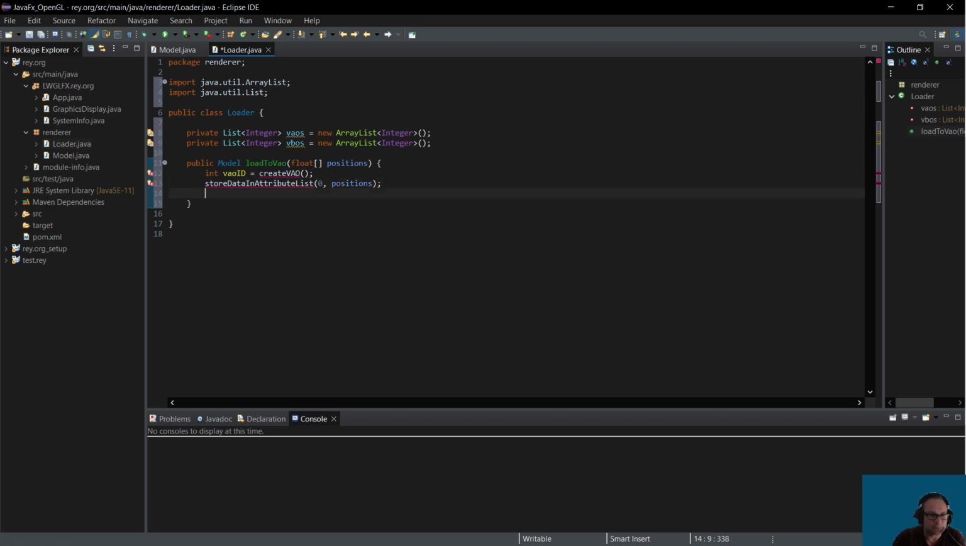These two functions we have not created yet. We will create them in a minute. Then we are going to also use another function which we will create in a minute, unbind VAOs. That's just gonna look like that. So these three functions we haven't created yet. Okay, and we then still need to return new model, and this is gonna have the VAO ID